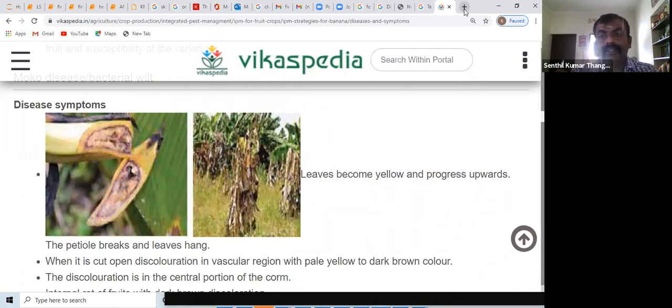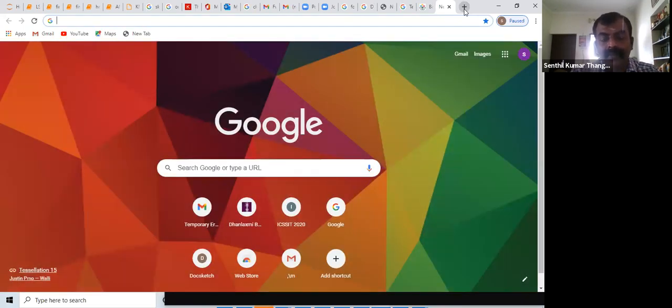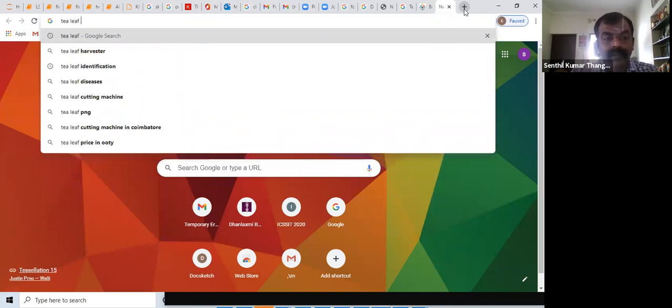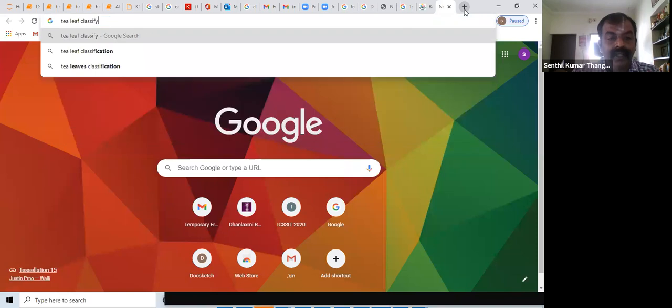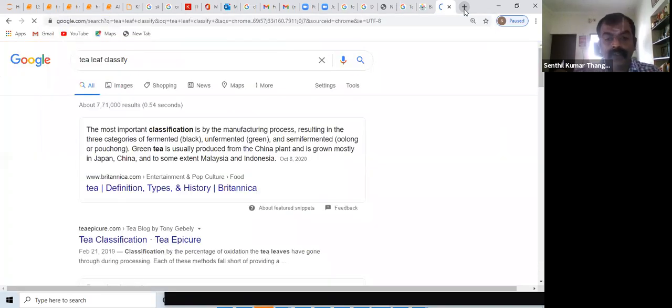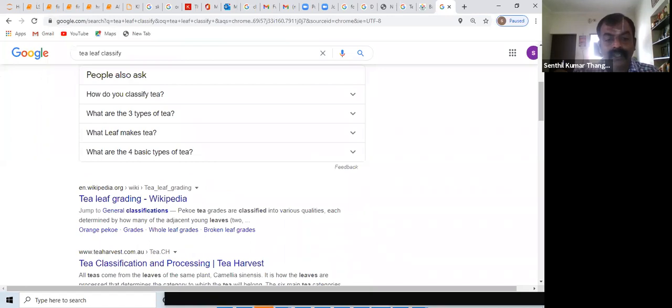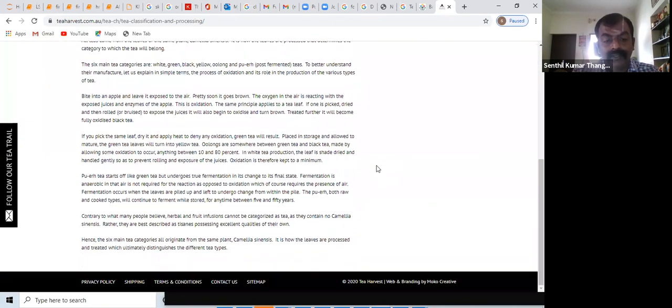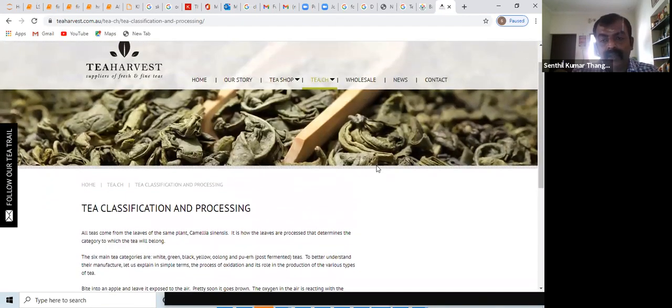In line with this thought, I will say what we tried from our team some time back. What we tried is looking at how tea leaves can be classified, right? So can you classify tea leaves? The advantage is, when you look at tea leaves, it is very interesting to know that the tea plant is very big, I'm talking about the plant, right? And it's very hard for you to actually go around and pluck tea leaves, right? So human beings are employed who take up the tea leaves and categorize them.